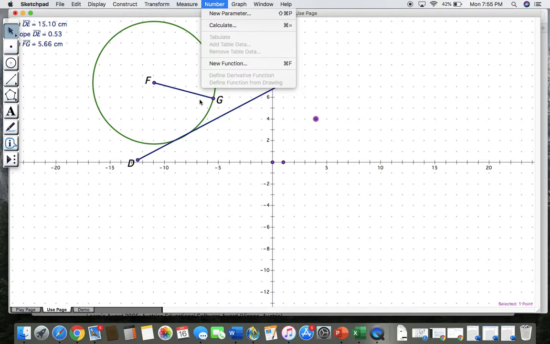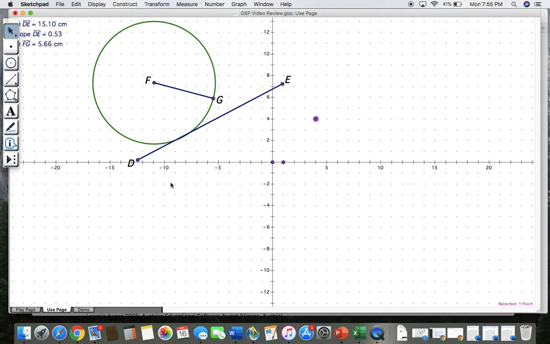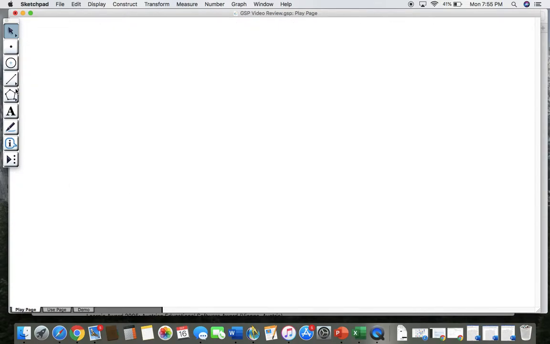So now that we have gone through and done a little bit of playing with the technology, I'm going to show a little bit of what the usefulness can be when you're teaching. So I'm going to create a shape. I'm going to create a triangle specifically. Now, if I wanted to show the measure of this, I would simply go up here and I would find the length. And one thing I want to show is how you can animate something or create a movement,